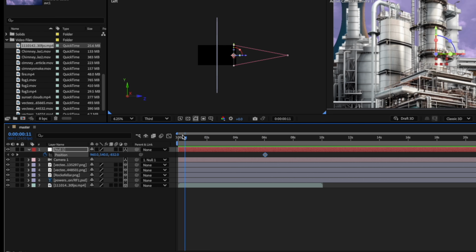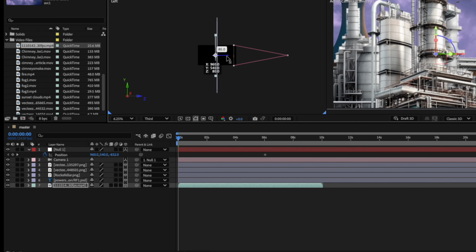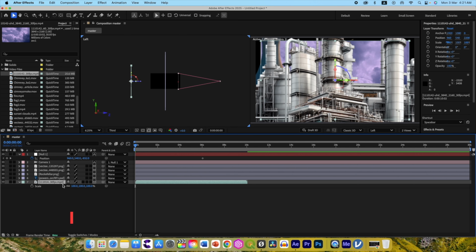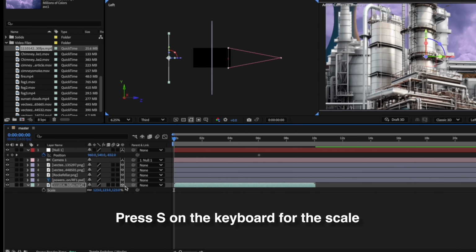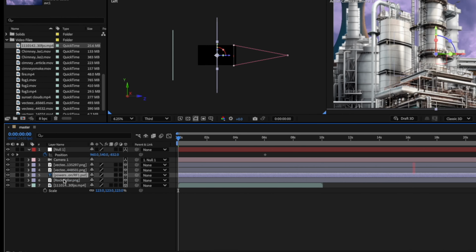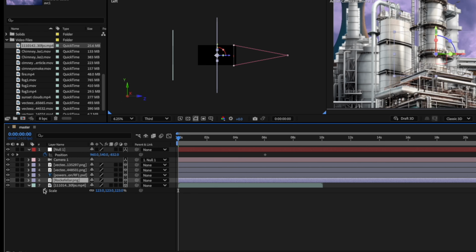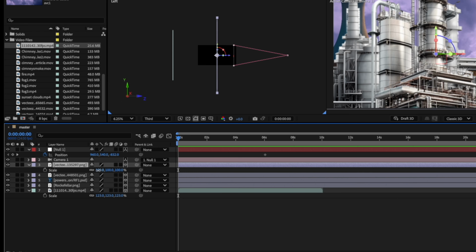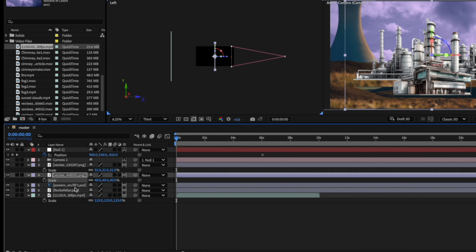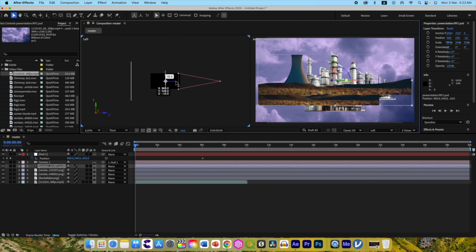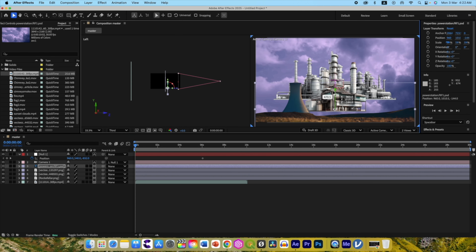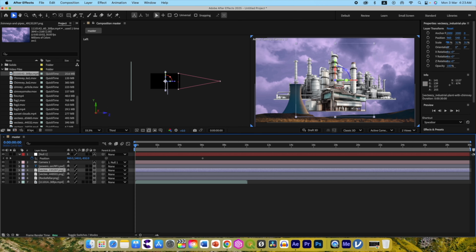Move the playhead to the start. Drag the sky to here, far back, and scale it up by pressing S on the keyboard. Change the order of this character after the sky. Scale down this factory PNG image, this one also. Move up this power chimney. Alright, move this chimney towards the camera. Adjust the vertical position. Same way, adjust the size and position of these